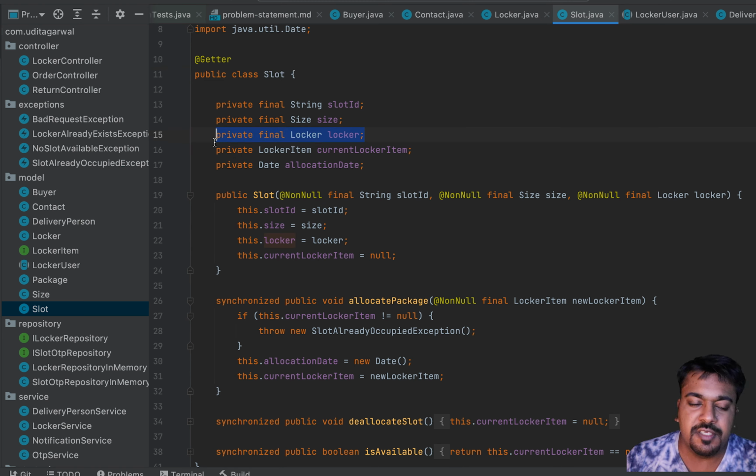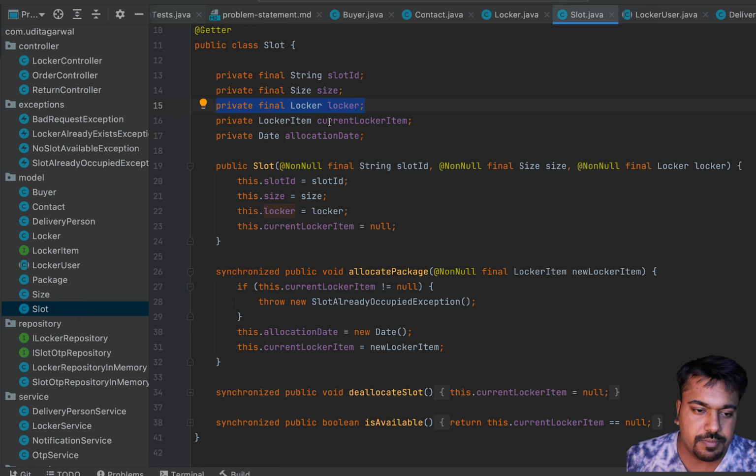I have created this reverse mapping just to ease up the fetch of some things. You can avoid the reverse mapping. I generally like to keep this reverse mapping in my LLDs because it helps me in writing the other code very easily. So that's just created for reverse mapping. It's not required. You can implement or achieve the same thing in some other way also.